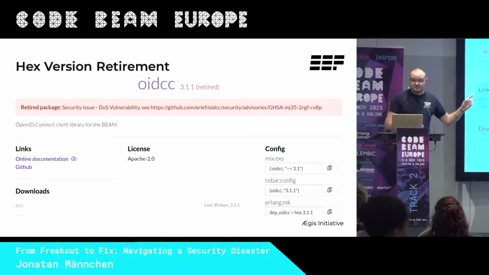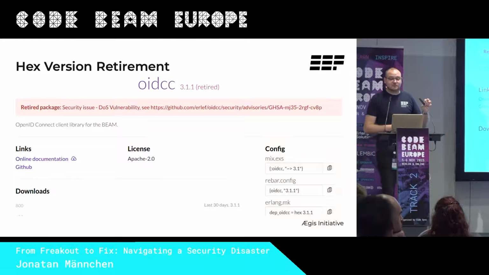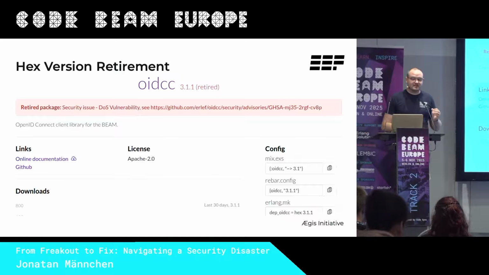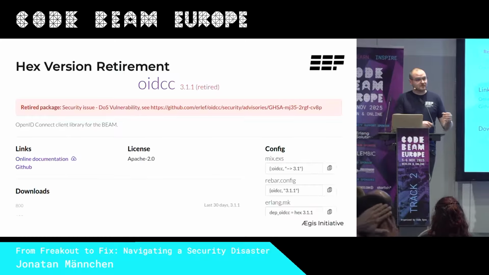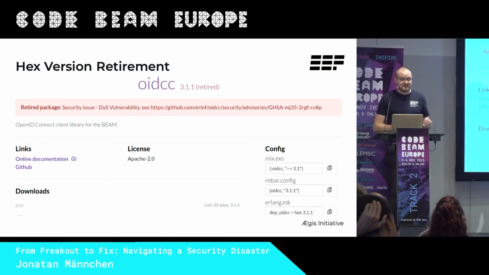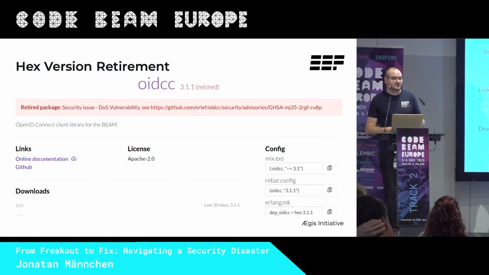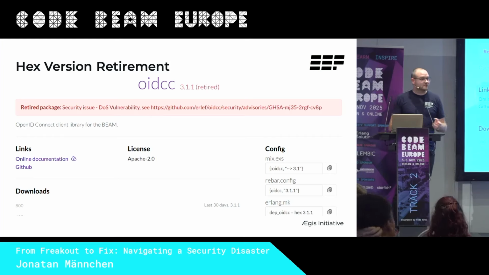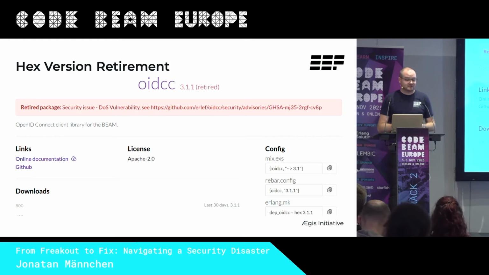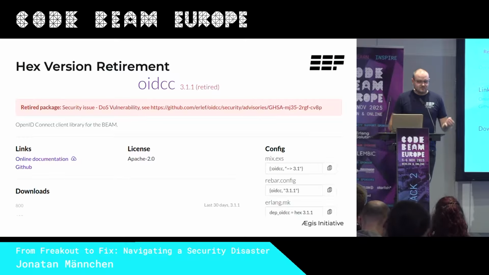And on hex.pm, the UI will very clearly label retired versions with your retirement message. You should retire each vulnerable release with the appropriate Hex command and a concise reason describing why you're retiring this version. So put the actual CVE ID in there so people can find it. That ensures that no one inadvertently pulls in the broken code once that is known.